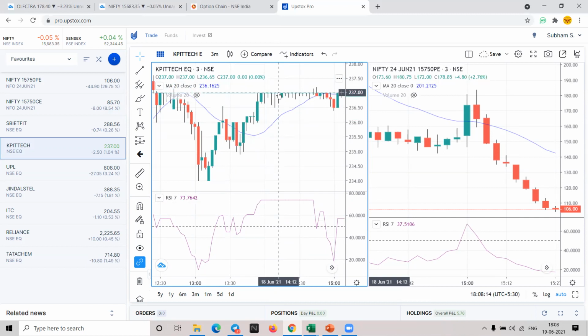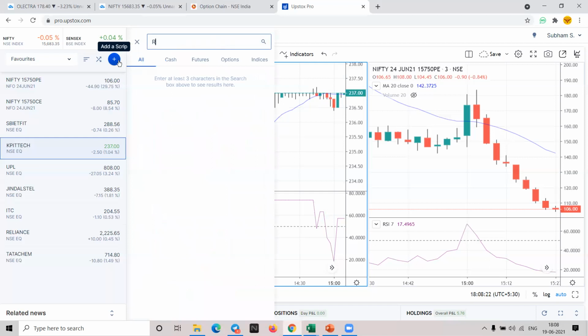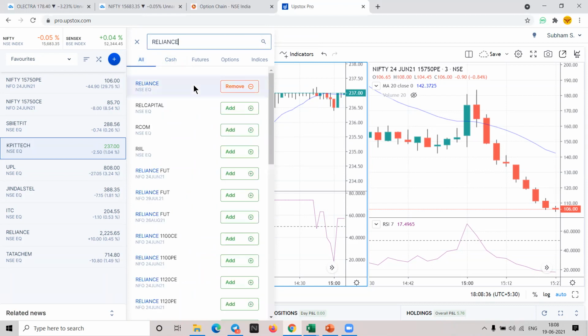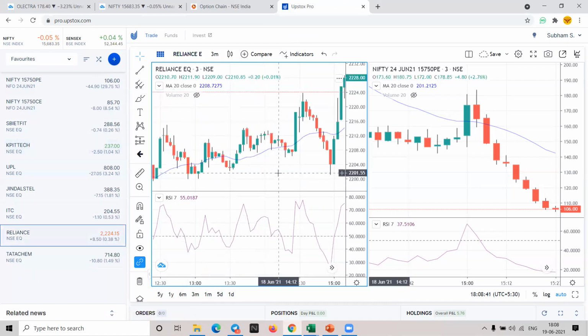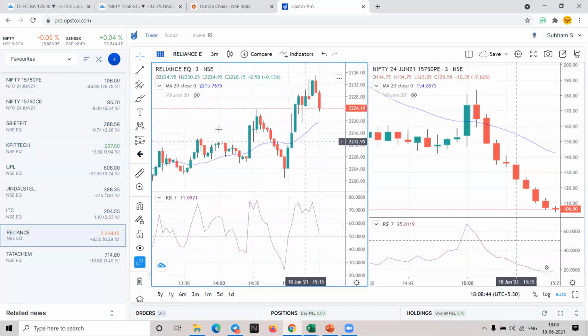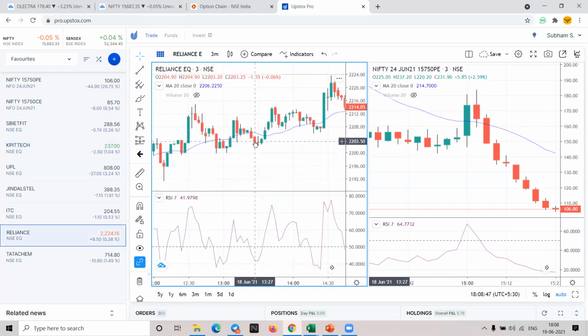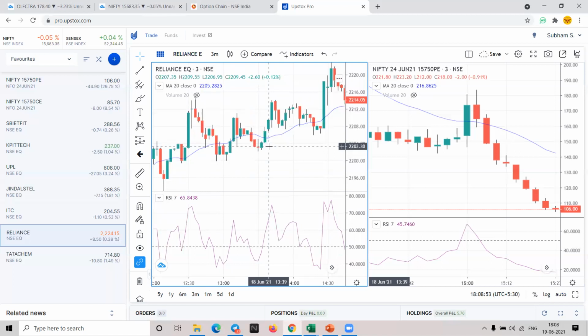Like Reliance is there. Adani Group companies are volatile ones. Tata Steel. These types of stocks are volatile. For example, if I just show you Reliance. So Reliance, if you just put it, the movement is clear, okay, in this. So what you have to do, what signal is the moving average giving you?